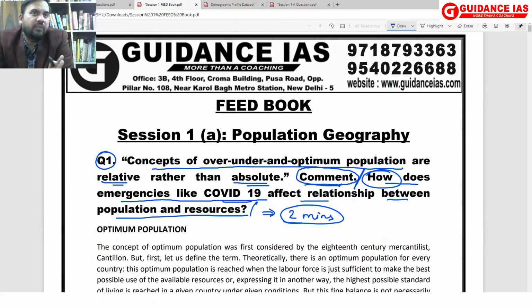Ideally, it should be a 3:1 ratio. 3 pages for part 1 and 1 page for part 2. Okay? This should be the ideal ratio. But I am saying this because there will be some introduction also, some conclusion also. So if I exclude introduction and conclusion, almost 2.5 pages for writing the main content